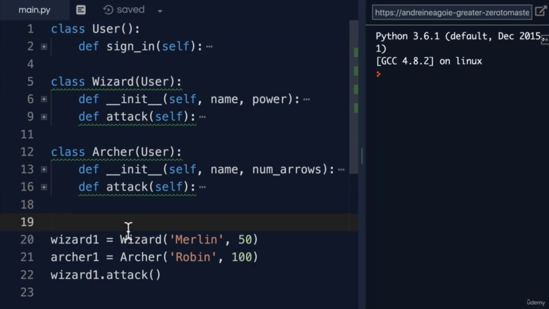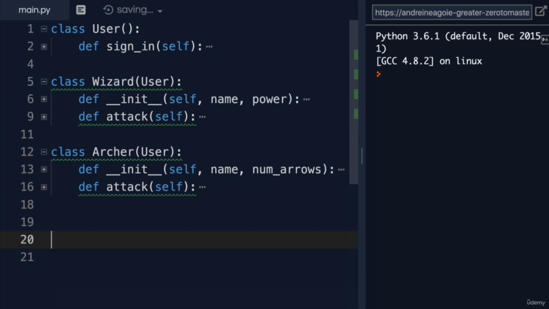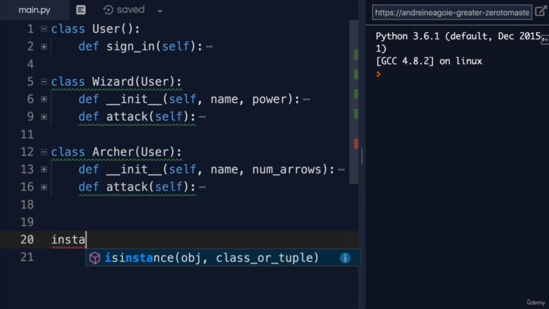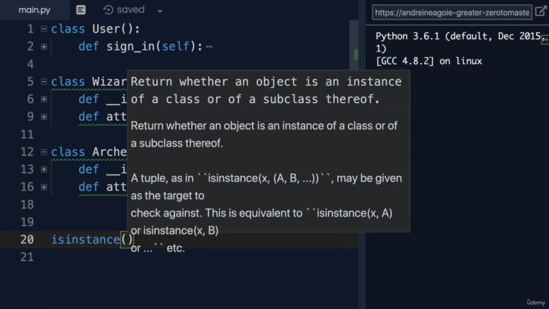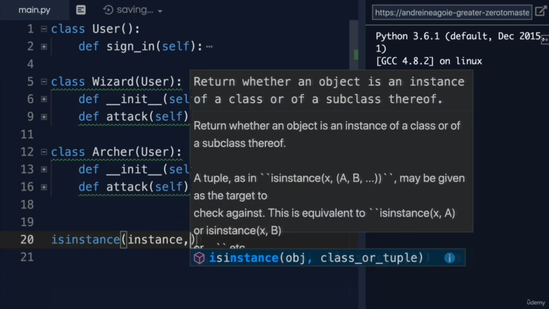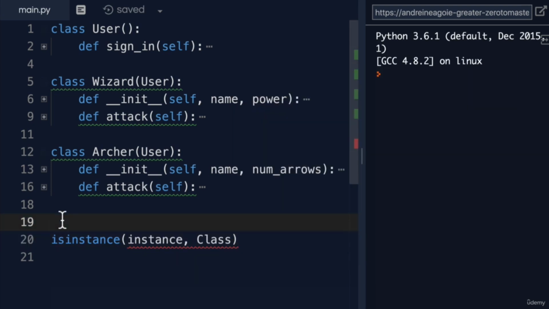Now, Python gives us a useful tool to check if something is an instance of a class. And easily enough for us, it's called isinstance. And isinstance is a built-in function in Python. We give it the instance and then the class that we want to check. So in our case, if we had wizard 1